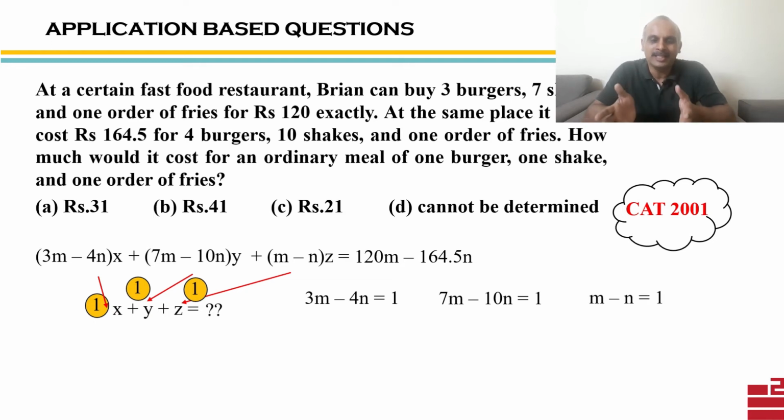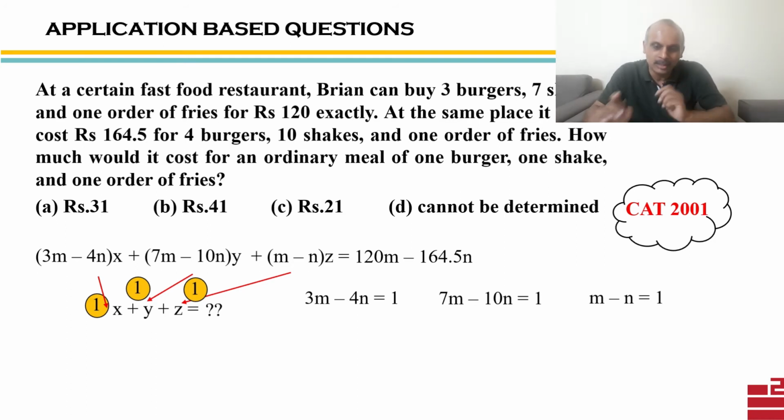Now out of these three equations, they are equations in m and n. We have got now three equations but two variables. Solve any two of them. And if the solution of that satisfies the third equation, then firstly this question would be solvable, and in that case D option would not be the answer. But if the solution of any two equations does not satisfy the third equation, then we will say the correct answer is D option, because then the question cannot be solved.